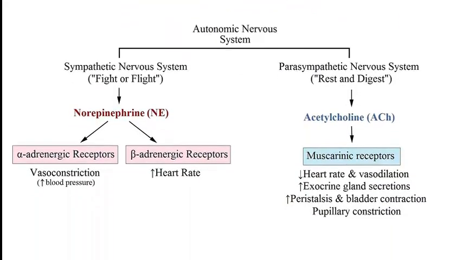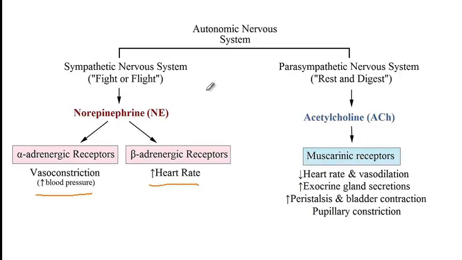Number one is called sympathetic nervous system, or fight or flight response, which is mediated by release of the norepinephrine neurotransmitter. And this type of neurotransmitter acts on two types of receptors. It could be alpha adrenergic receptors, which affect smooth muscles of the vessels, as a consequence of which there would be vasoconstriction and increase in blood pressure. Or it could act on our beta adrenergic receptors, like for instance receptors that are present in our bronchi, or it can affect the heart muscles, as a consequence of which there would be increased heart rate.